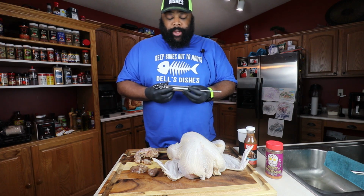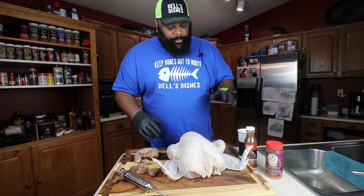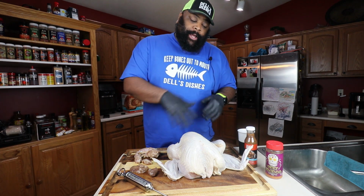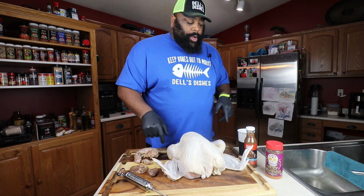No, this is actually really weird, and this is the first time I've ever used this injector. So we're back. We got it dried off. It's still a little moist in places, so I'm gonna get some olive oil and use that as a binder over the top, just to help the rub stick. But first, before we do that, we're gonna use this